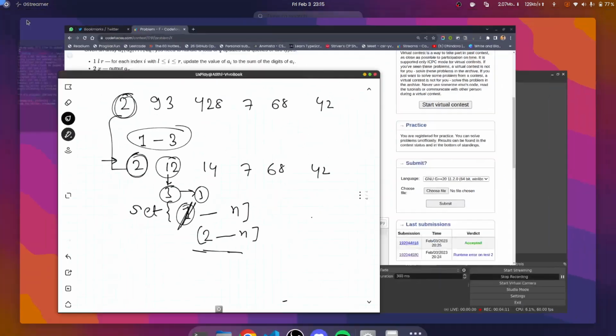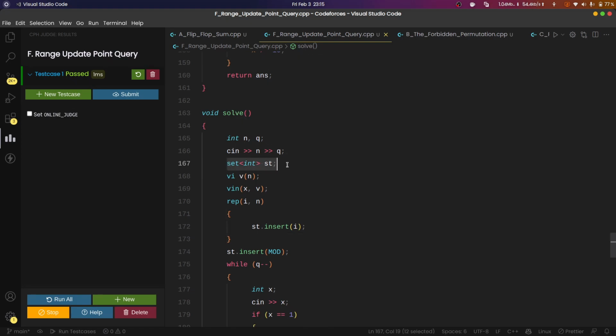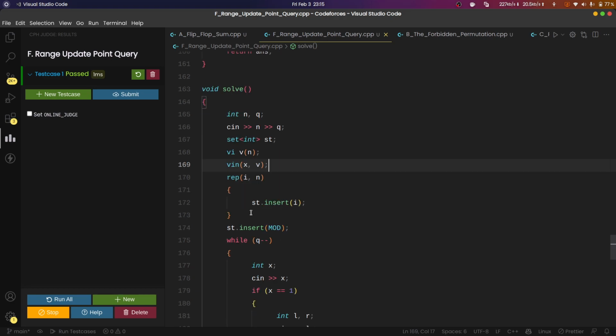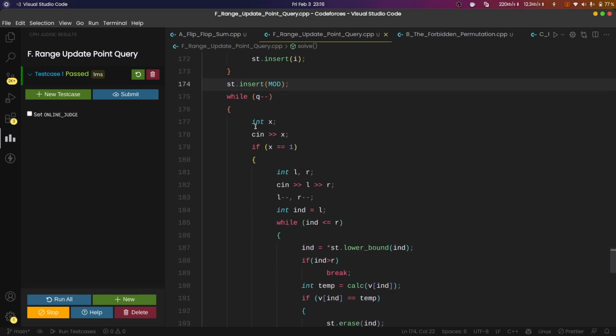If you see in my code, initially I am taking a set and taking the inputs in a vector, and I am inserting all the indices from 0 to n minus 1, and also a big number, mod, just to not overflow when I do the lower bound and upper bound. Then I check whether my query is type 1 or type 2.